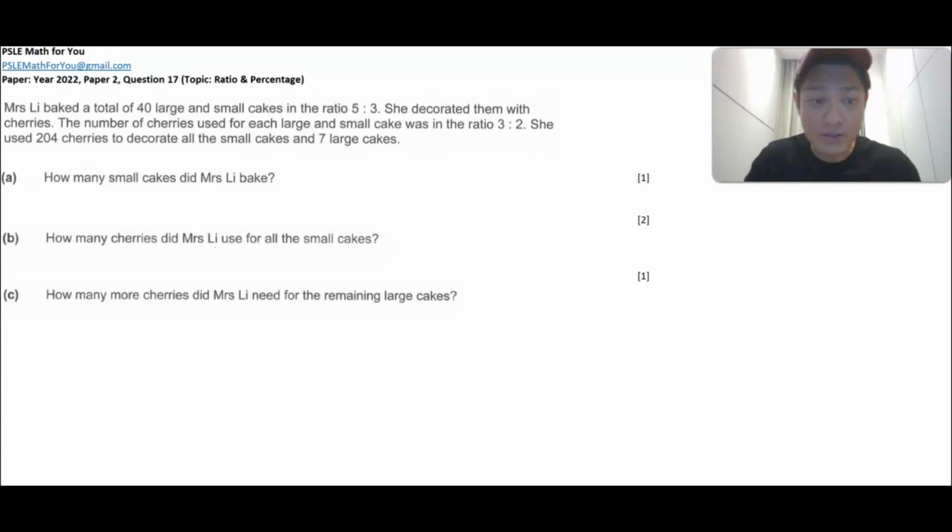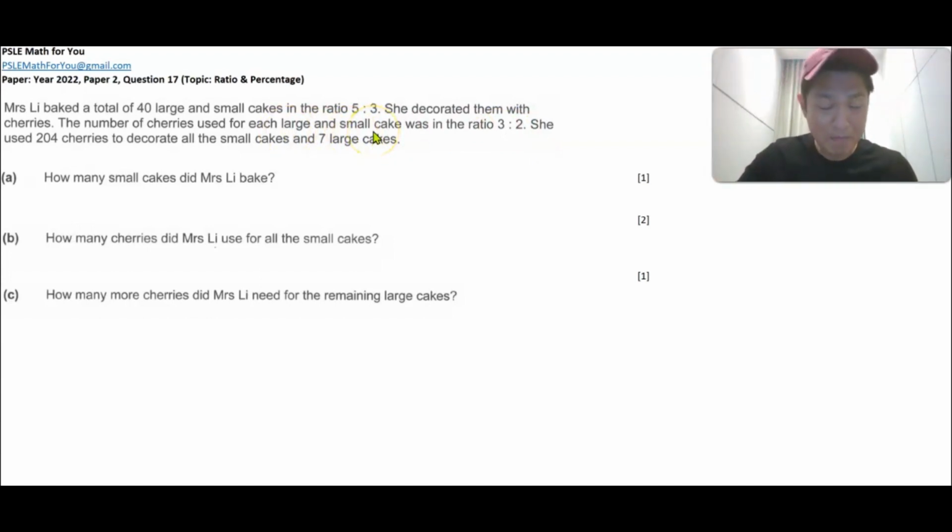It seems like she has 40 cakes, large and small, and the large cake to small cake ratio is 5:3. So every 5 large cakes, she would have 3 small cakes. That's what it means. Now she decorated the cakes with cherries. The number of cherries used for each large cake and small cake was in a ratio of 3:2. So if one large cake has 3 cherries, then the small cake will have 2 cherries, and that's what the